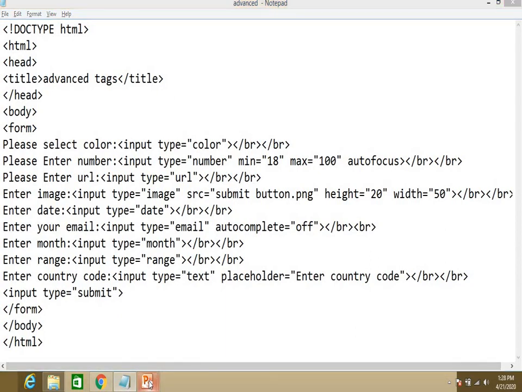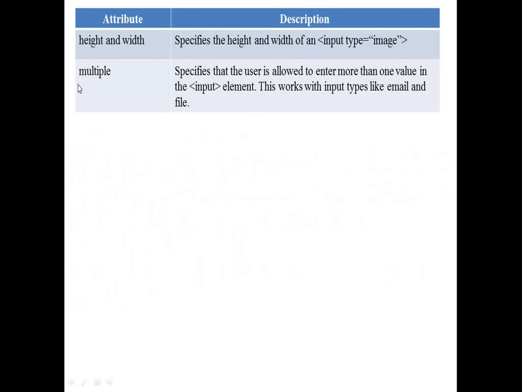What is the next? Multiple specifies that the user is allowed to enter more than one value in the input element. This works with inputs like email and file. Let's see how to deal with this.